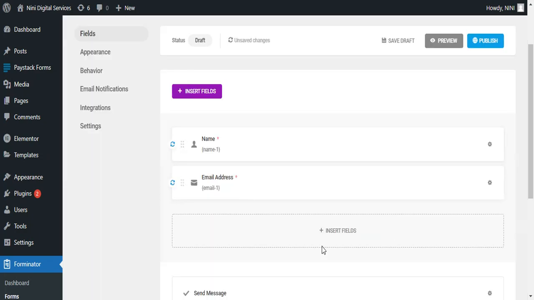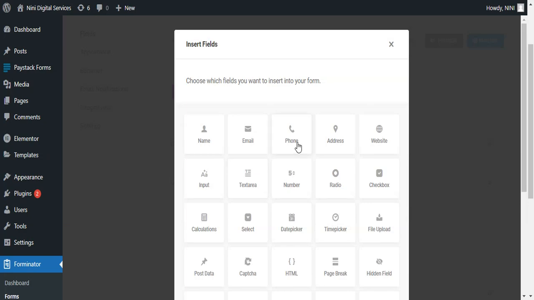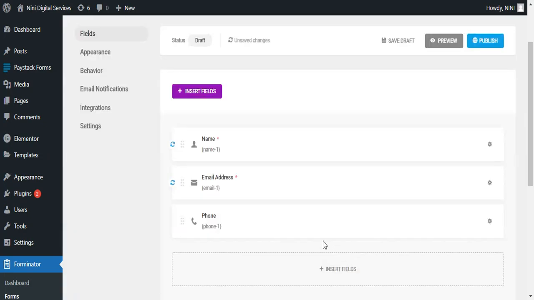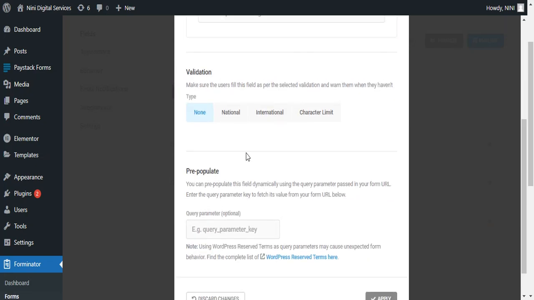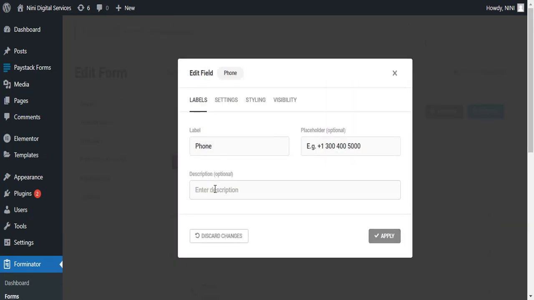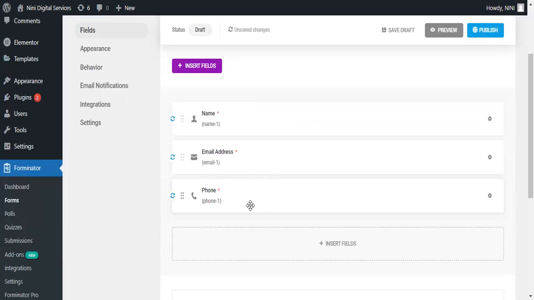Then we are going to insert another one. Our phone number is fine. We are going to add that. So we are going to make it a required one, required, and then come back to labels. If everything is fine by you, you can change this to the number format of your country if you want, and then you apply, and so gradually you're building